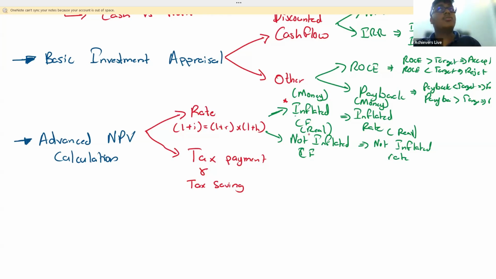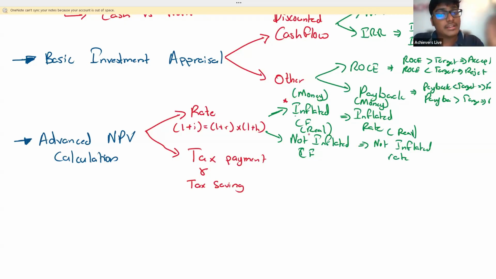So tax payment, you have to be very careful. One thing about the tax rate: in the majority of your questions, the tax rate will be 30%. Does that mean in the exam also they'll give a 30% tax rate? No, it can be 25%, it can be 40%. We don't know. So don't just assume the tax rate is always 30%.